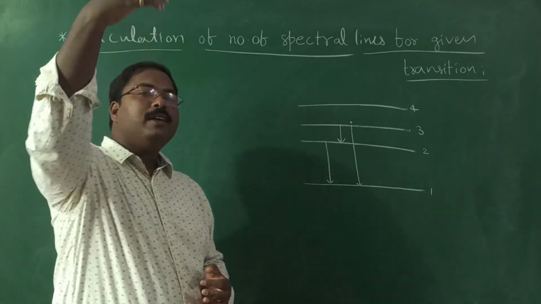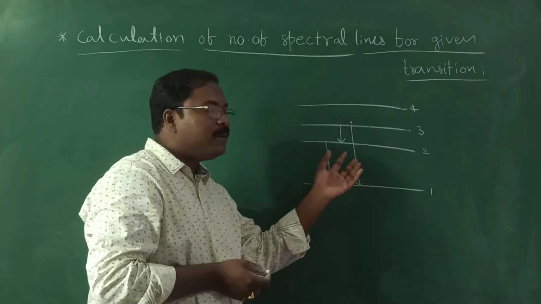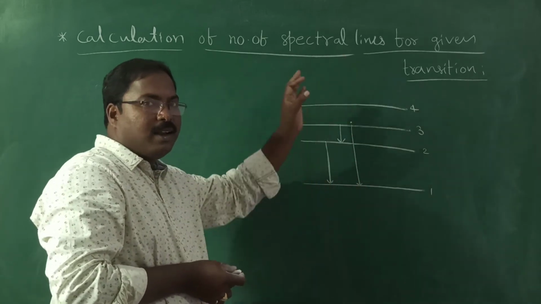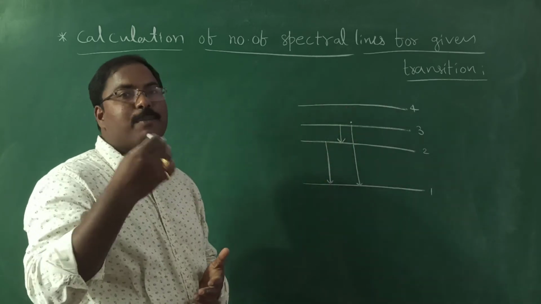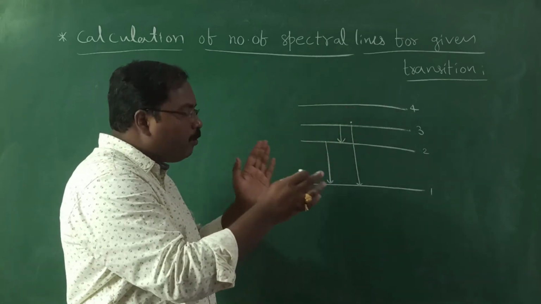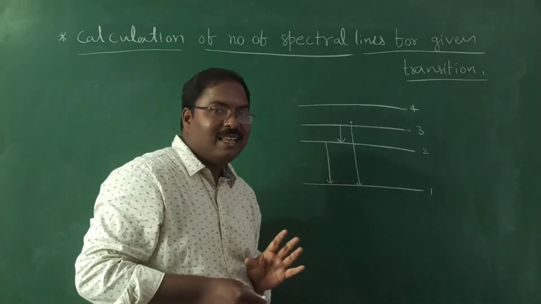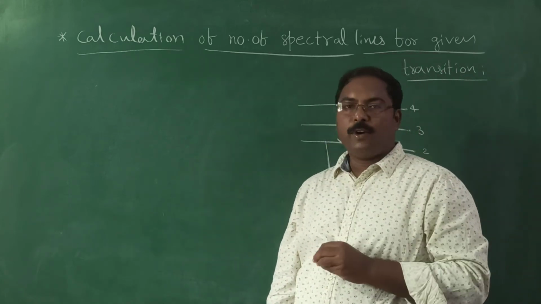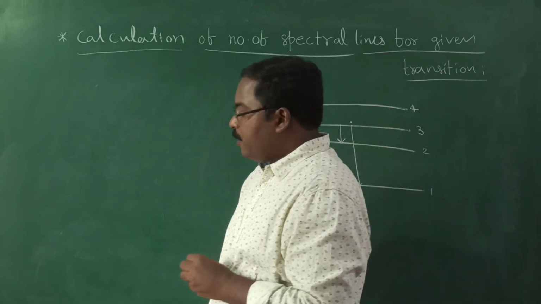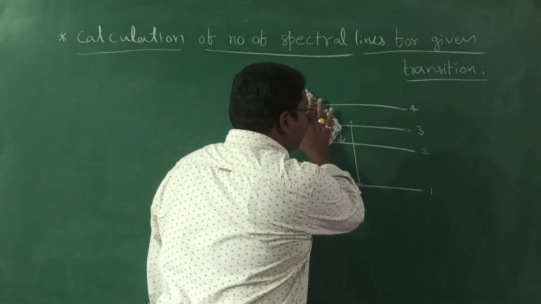If they give the 8th orbit or 10th orbit, how much time will it take to draw all these lines? It will take more time. Meanwhile, while drawing all these probabilities, somewhere we will make a mistake. Okay? So, in such cases, I will give you a simple formula to solve these questions.